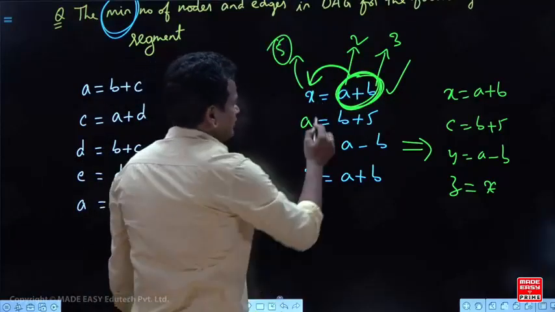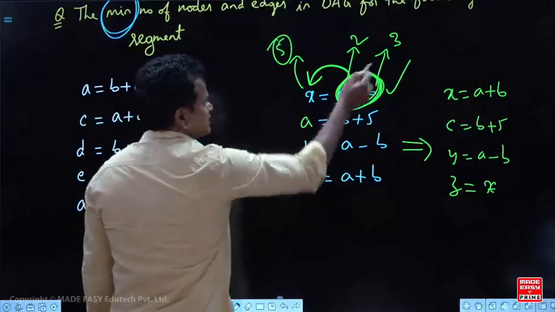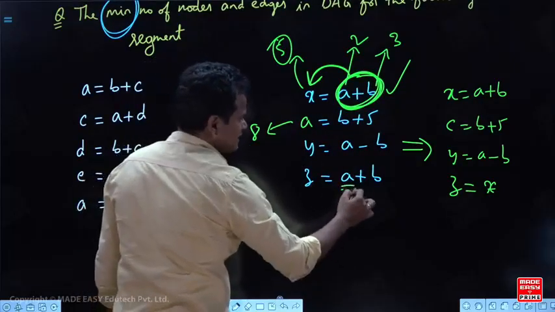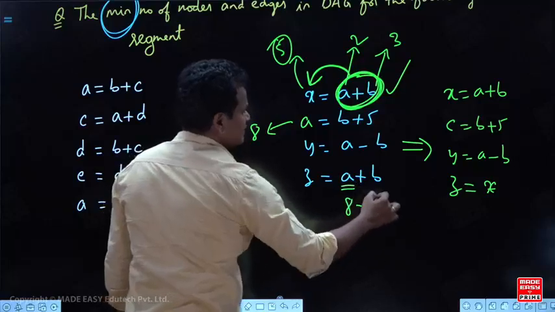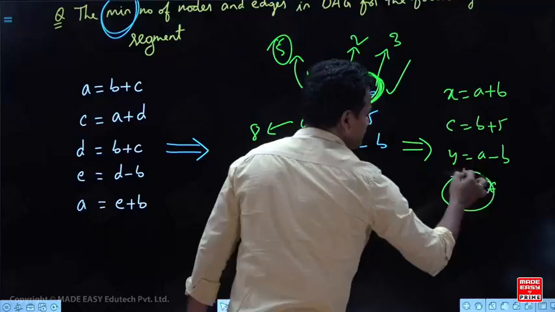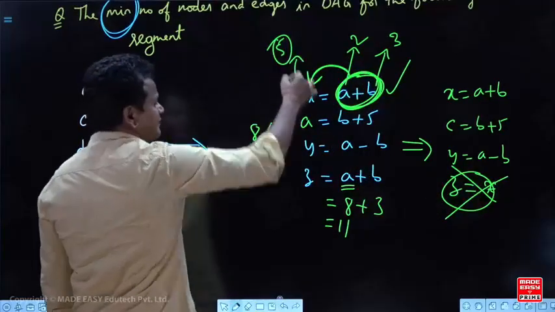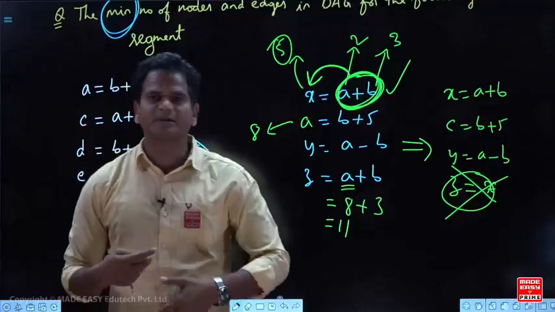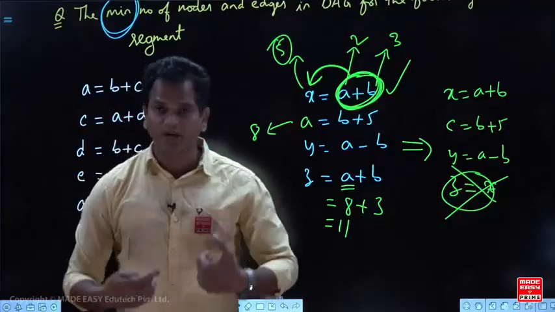Yes or no? Now A equal to B plus 5. B is what? 3. 3 plus 5. This will become 8. Now when you come to this one, here A value is 8 and B value is 3. 8 plus 3 is 11. So you cannot use this because X value is 5, but actually Z value is 11. So whenever you are doing any common sub expression, that value should not be changed.